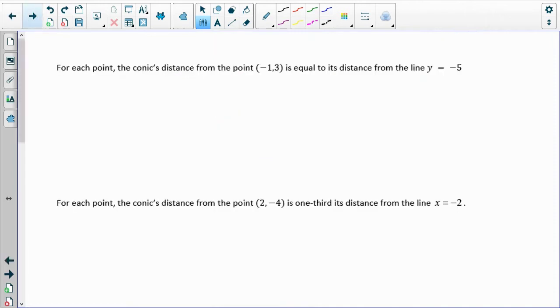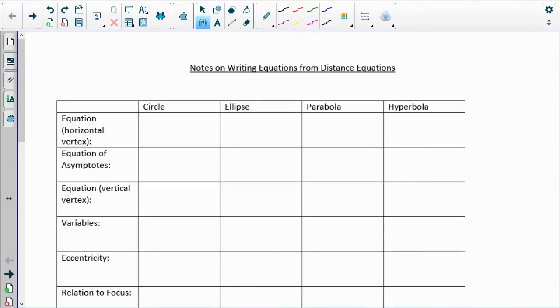Number 2, for each point, the conic's distance. Oh, well, now we know that they're going to be conic sections from now on. The conic's distance from the point negative 1, 3 is equal to its distance from the line y equals negative 5. Remember that the conic that's equidistant from a point and a line is going to be a parabola. This should make sense because this will be the focus and this will be the directrix. So I have the square root of x plus 1 squared plus y minus 3 squared, and that equals y plus 5. Because remember, from the previous slide,